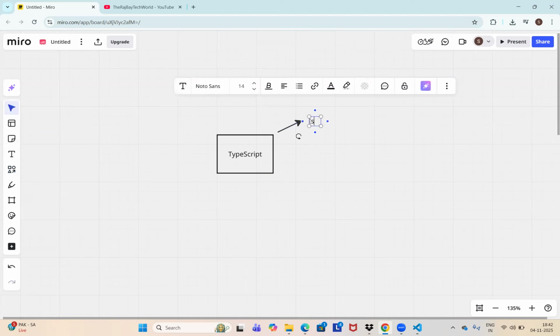TypeScript is a superset of JavaScript. Means